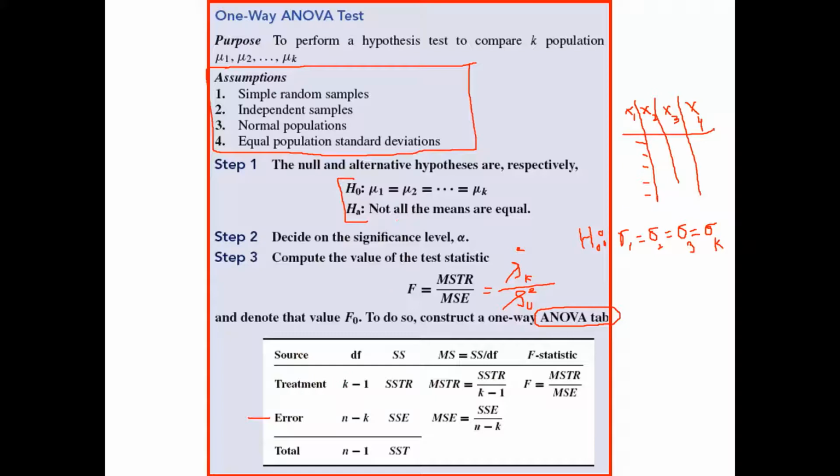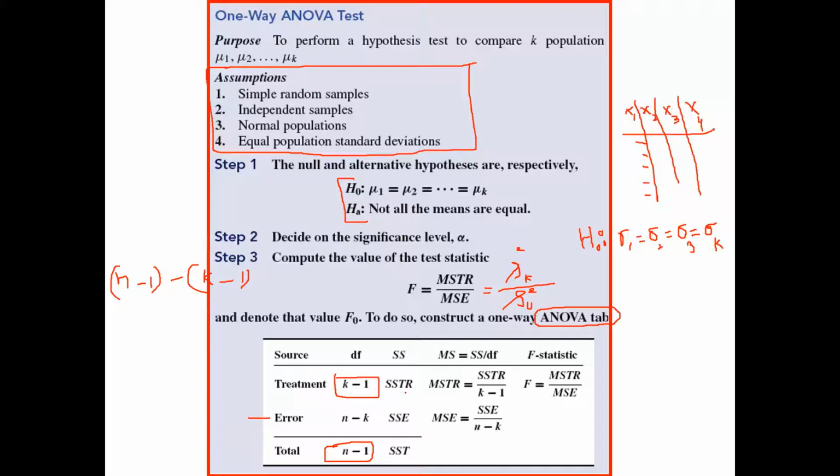Degrees of freedom: if we have k populations, then the degree of freedom will be k minus 1. If we have n samples, suppose I have 40 samples in my example, then it will be 40 minus 1. The degree of freedom of error can be computed by subtracting k minus 1 from n minus 1. So this will be n minus 1 minus k minus 1, then the 1 will be cancelled out. The degree of freedom will be n minus k. So the degree of freedom of the unknown source, error, is n minus k.